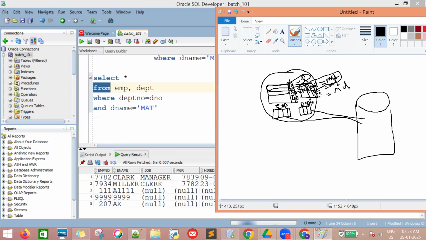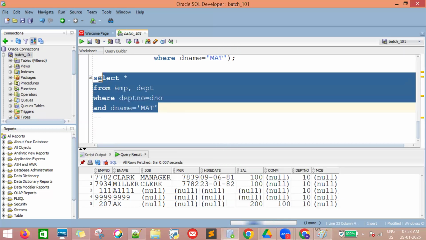So for one value in department, it will go and verify against all the values in EMP. Where it matches, it will keep writing the row IDs here. Again, the second row it will take from department and search all the rows in EMP. Like that, all the rows will be verified. If it matches, then it will keep writing here. Then finally, the select statement, based on the row IDs, will fetch the EMP and department data and display it. So if you run it, so